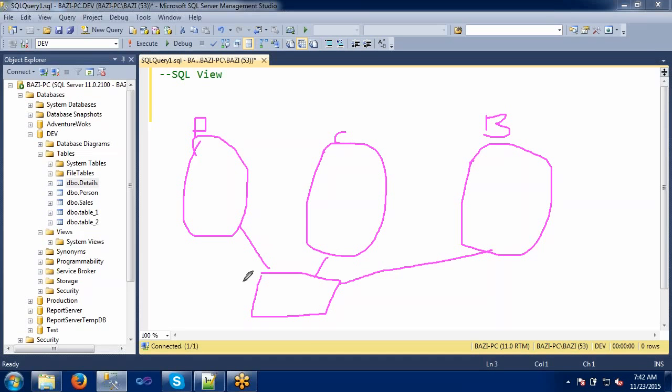Whenever I execute this query, I will get the data. Whenever I execute this, it gets data from here, here, and here, which means our join query will be executed. So whenever we call this view, the backend data comes from the tables only.